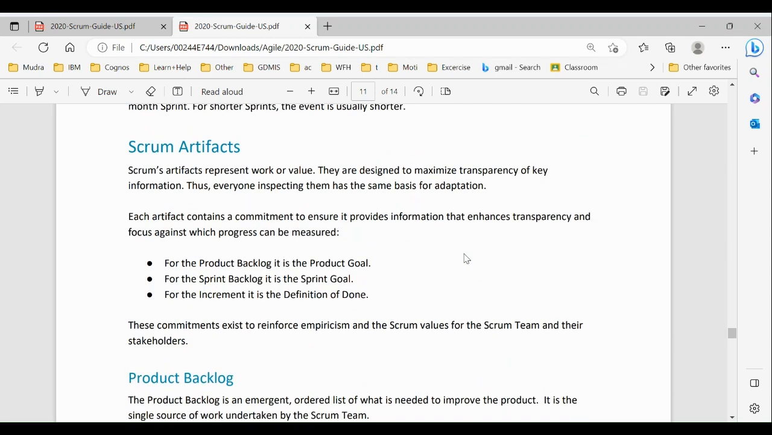Scrum artifacts. Scrum artifacts represent work or value. They are designed to maximize transparency of key information. Thus, everyone inspecting them has the same basis of adaptation. Each artifact contains a commitment to ensure it provides information that enhances transparency and focus against which progress can be